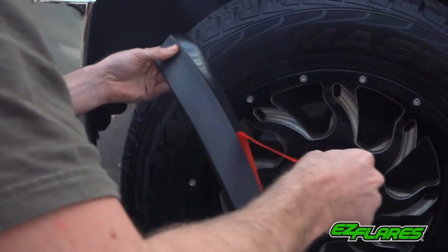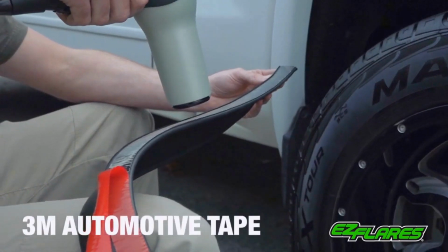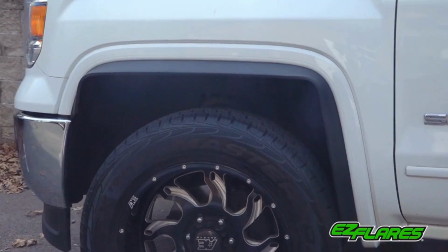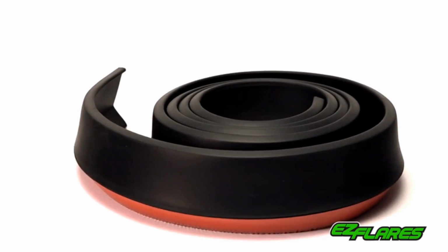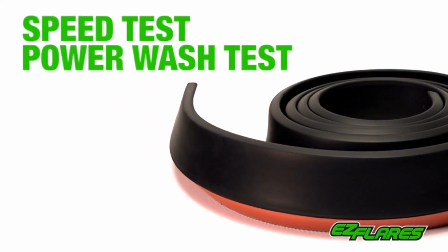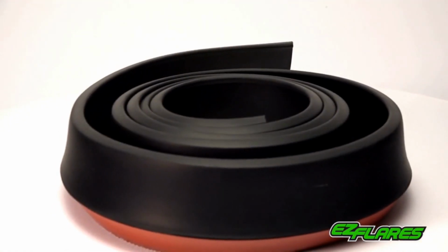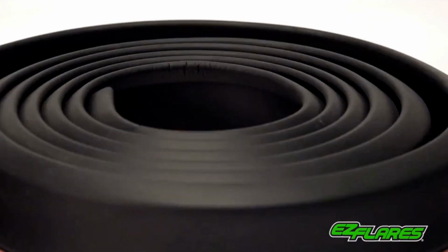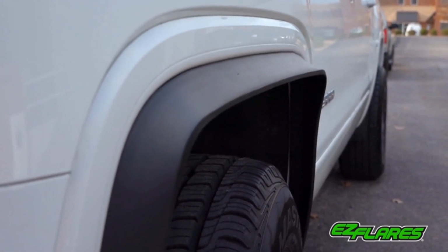Optimal performance and durability. Easy peel and stick installations allow it to be attached in minutes with quality 3M automotive tape that easily endures car washes and high speeds, driveways, speed bumps, and curbs. Impacts that would otherwise damage your fender. We've put Easy Flares through speed tests up to 200 miles per hour, power wash tests, hole tests, and even off-road testing. Whether you're using a pressure washer or a brush, the Easy Flares hold strong on your car. But we can confidently say, made in the USA out of ultra-durable